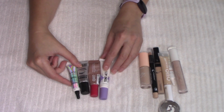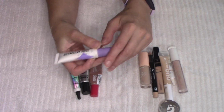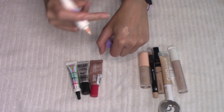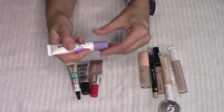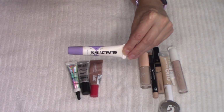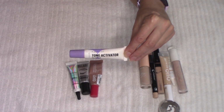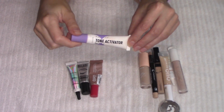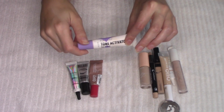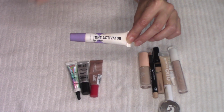I'm going to be keeping all of these. This is the Collidos Tone Activator, and it is the most liquidy of all of them. I find that as an eyeshadow primer of the ones I have, this is definitely the best for making that eyeshadow really pop. It gives you the best sort of color payoff. It really deepens any color you're going to be putting on top of it. It is less good for reducing creasing and increasing wear time, but it's great at making those eye